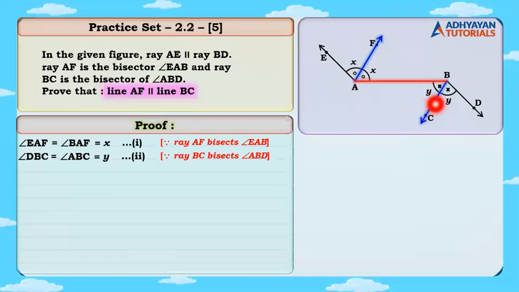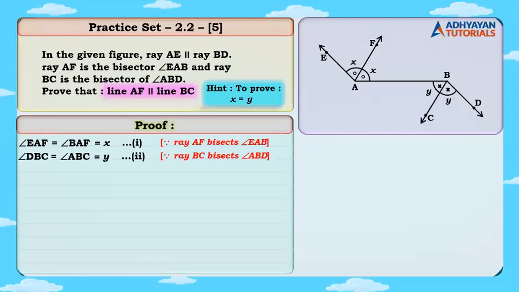Z मतलब कौन से टाइप के एंगल्स? Alternate. So basically, if we aim to prove that the lines are parallel, we need to prove that the alternate angles are equal. मतलब हमको क्या प्रूव करना है? इन शॉर्ट, angle x should be equal to angle y. So यहाँ पर हिंट में मैं लिख दूंगा that we need to prove that angle x is equal to angle y. अगर ये हमने प्रूव कर दिया x और y इक्वल, तो हमारा सम खत्म हो जाएगा, राइट?